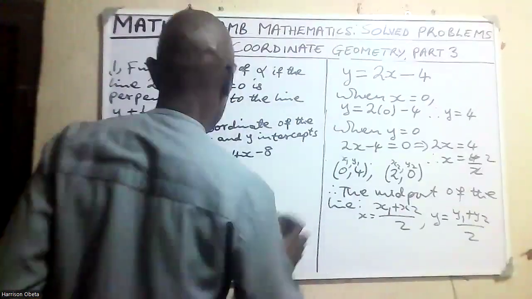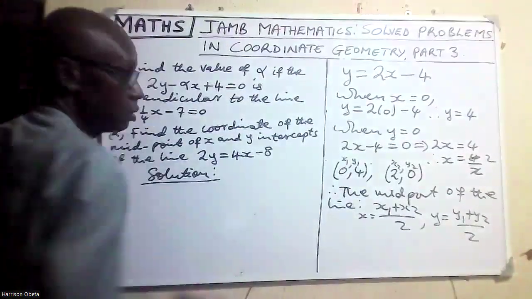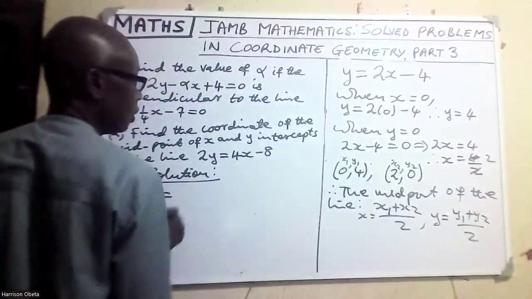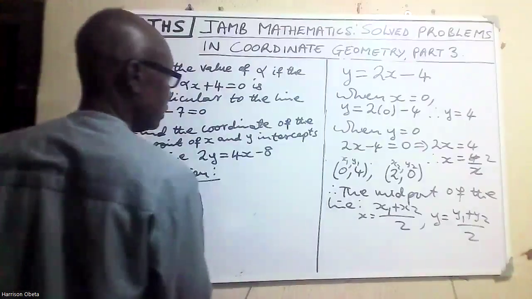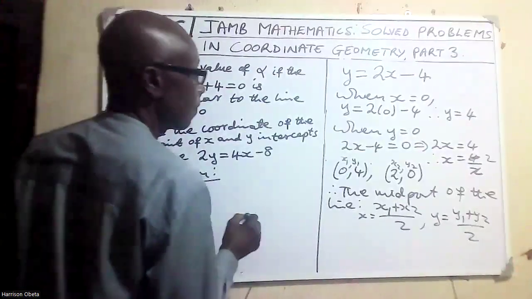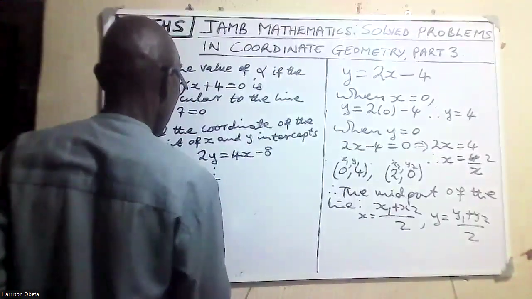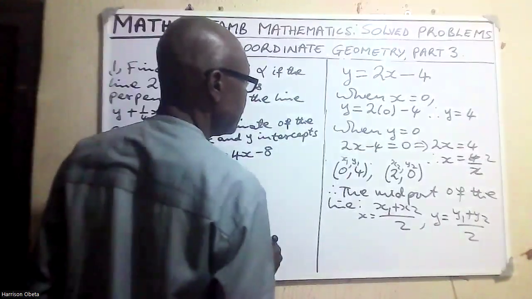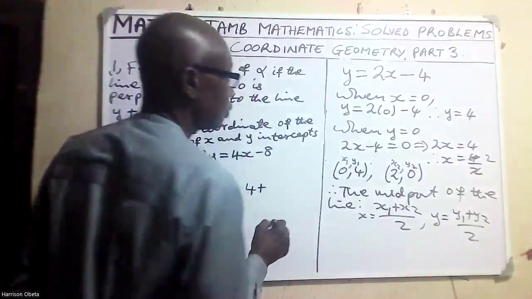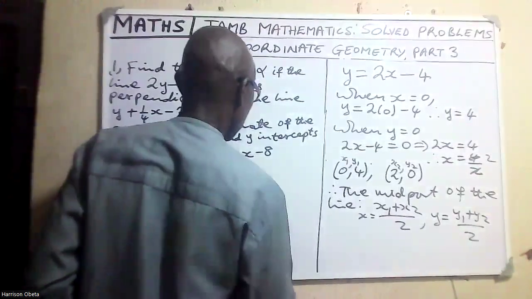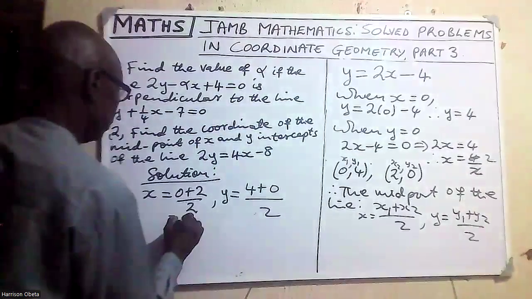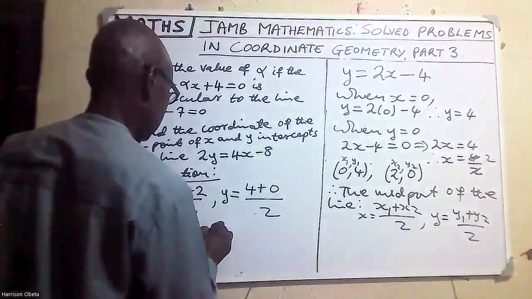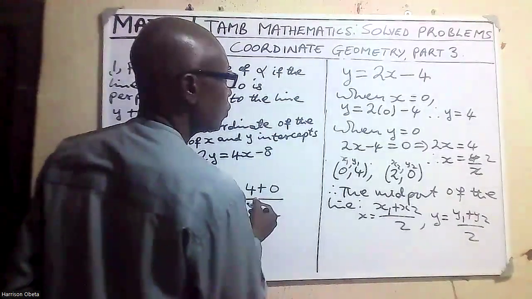So we fix the values. We have x equal to x1 is 0 plus x2 is 2 all over 2. y is equal to y1 is 4 plus y2 is 0 all over 2. So this will give us 2 over 2, comma, and then the other one will be